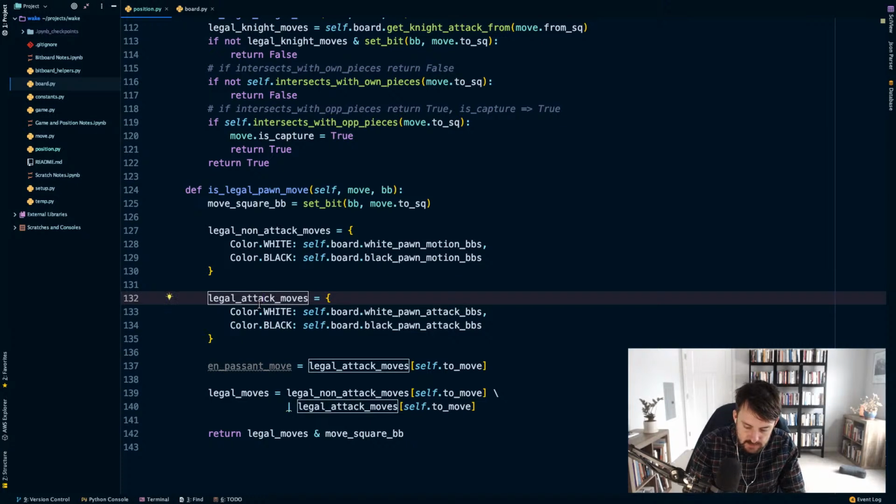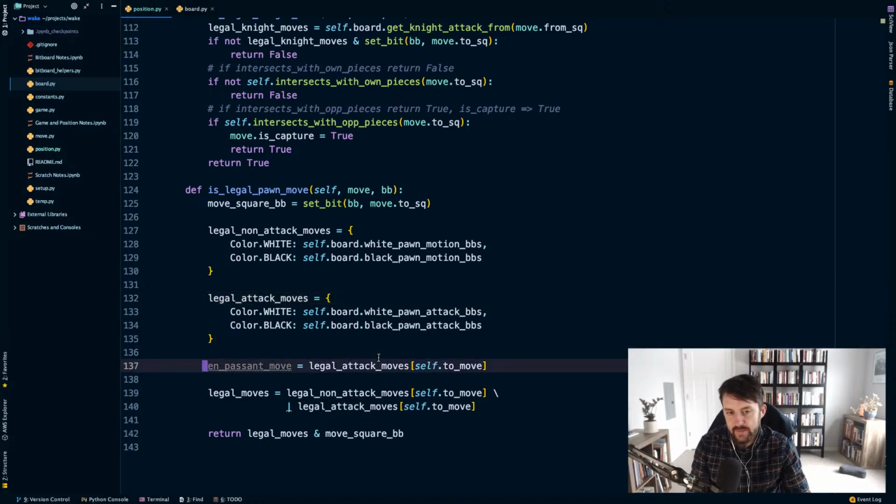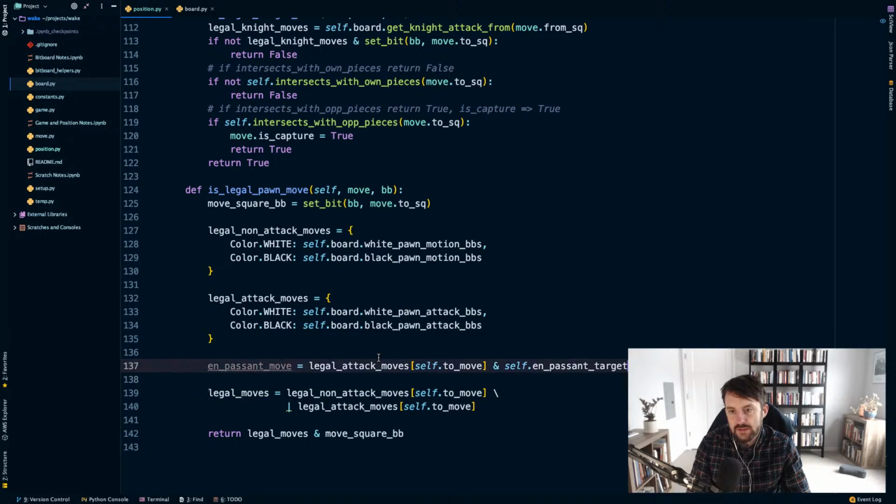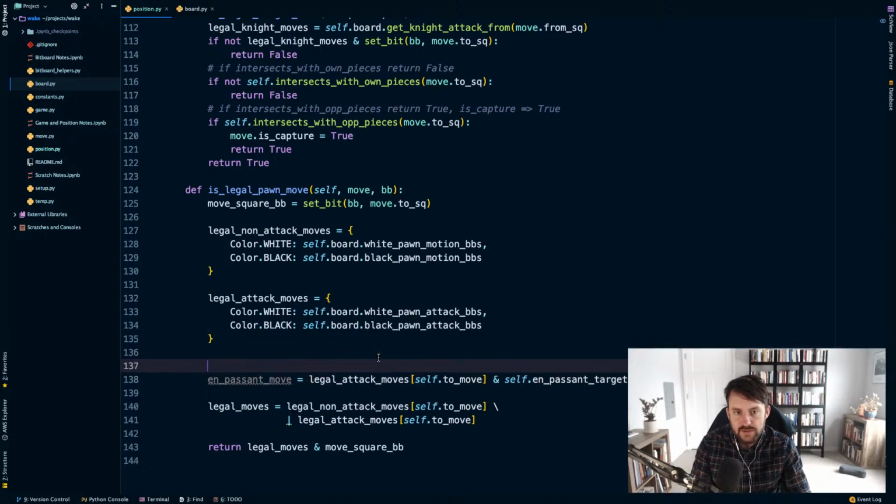Legal attack moves is only the attack squares that a pawn can, and it's not legal unless there's an opponent piece intersecting with the attack moves we have here. So I'll fix that bug in a second, but en passant moves are going to be legal attack moves on the side to move when intersected with self.position.en_passant_target. And this needs to be a bitboard, so en passant bb